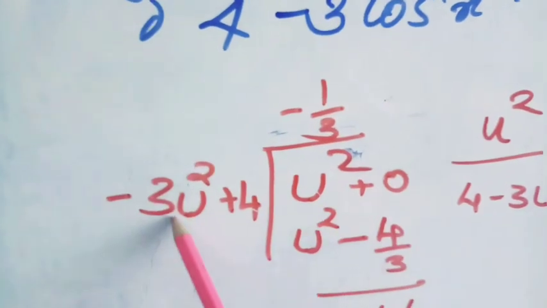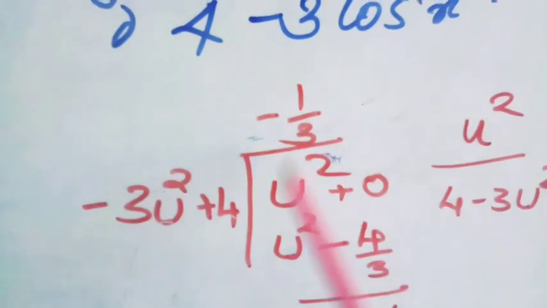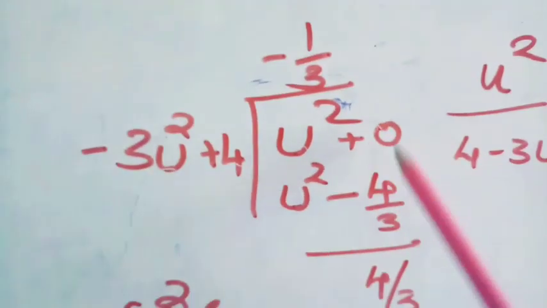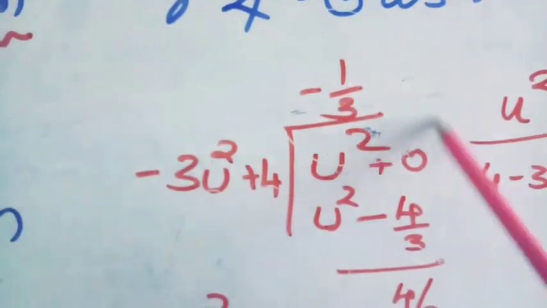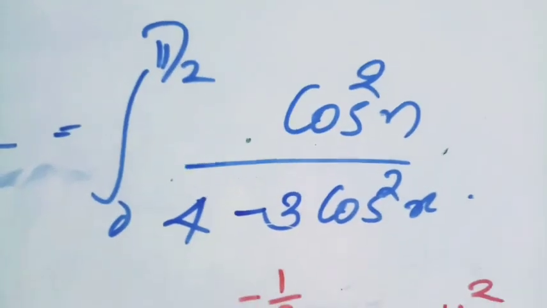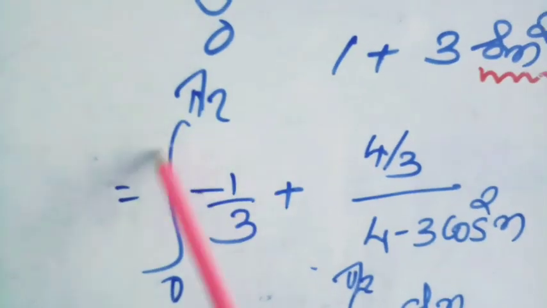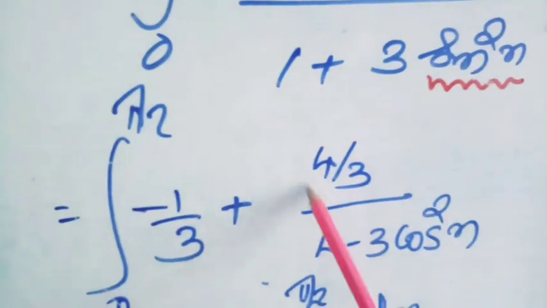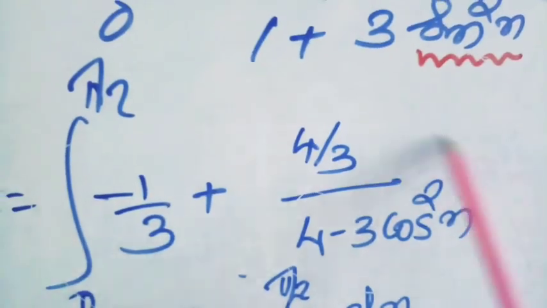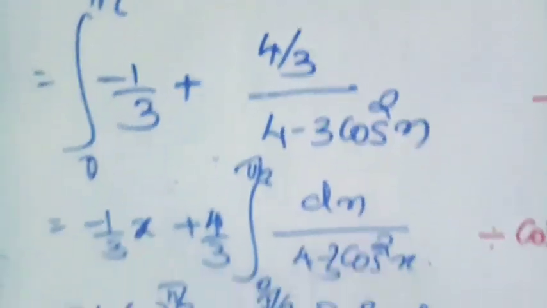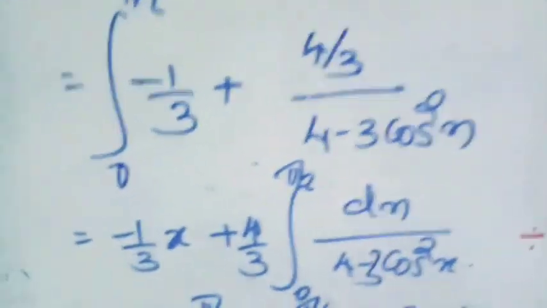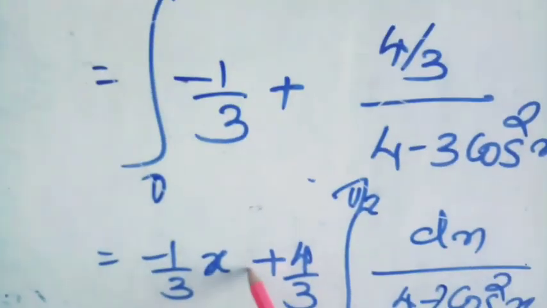U square divided by minus 3 u square plus 4, and the quotient is minus 1 by 3. Minus 1 by 3 into minus 3 u square is u square. Minus 1 by 3 into 4 is minus 4 by 3. Subtracting, you will get the remainder as 4 by 3 and quotient as minus 1 by 3. So dividing cos square by 4 minus 3 cos square, you will get one part is minus 1 by 3 and the remainder by divisor is 4 by 3 over 4 minus 3 cos square x. Now we can integrate the first one, no problem, minus 1 by 3 into x,